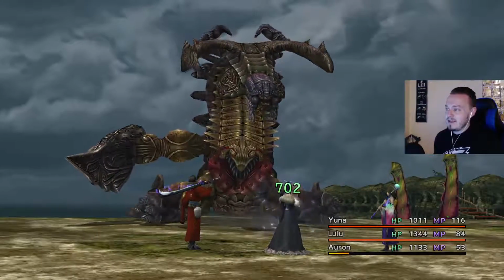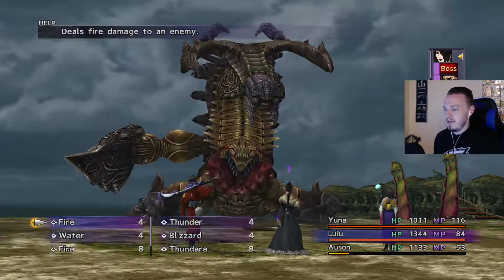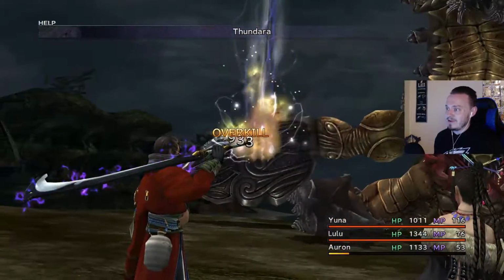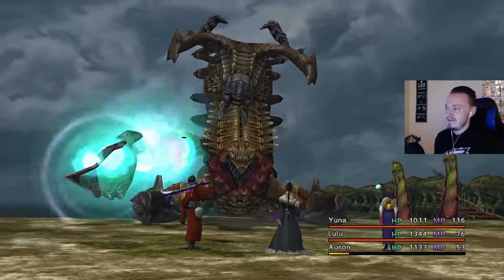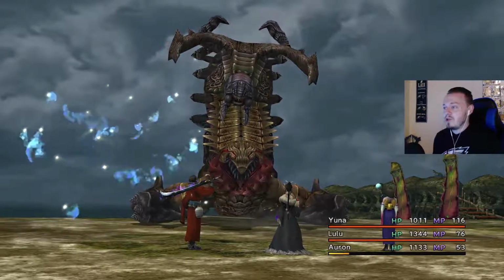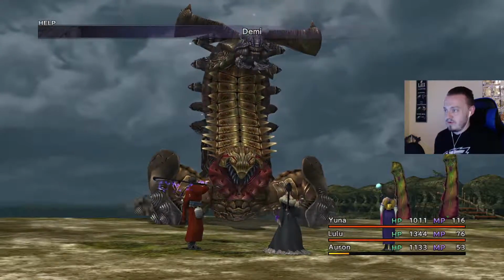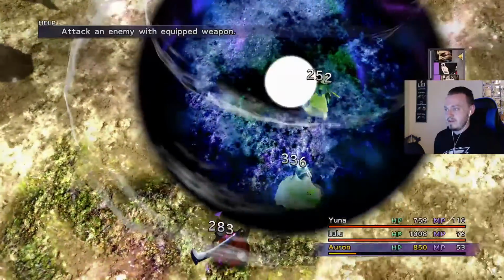Like, Fire did like 300 to 400 depending on the enemy. This is doing straight up 800 to 900. This is crazy how good this is. 933, yeah. That's the reason why you want to get those spells, because half the health, we'd still be fighting the head at this point if we didn't have these spells, so...